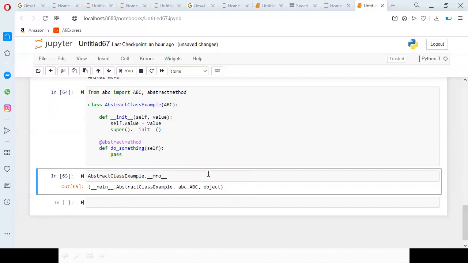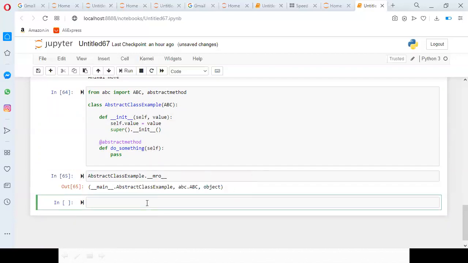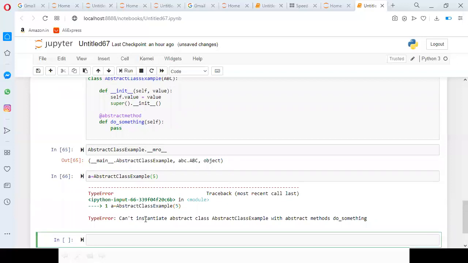If I'm going to create an object for this, for example a = AbstractClassExample, the constructor is having one value, so I define one value. If I try to execute this, it says can't instantiate abstract class with abstract methods do_something.